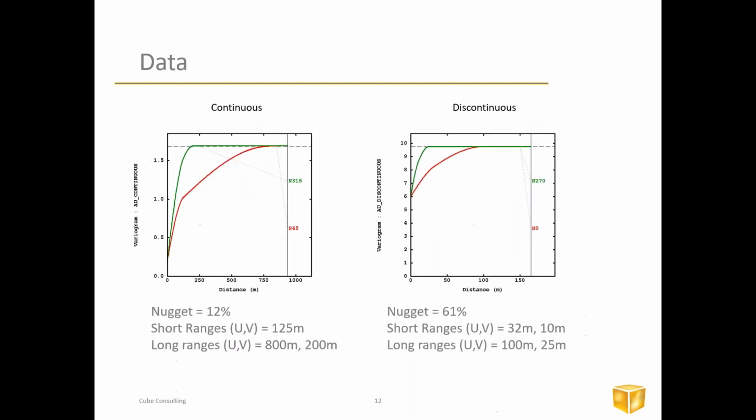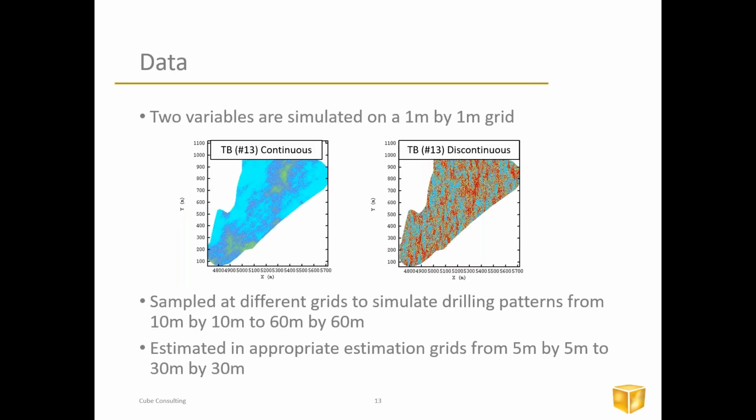If we look at the variography now, the continuous is very low nugget, very long ranges. The discontinuous one has a very high nugget with shorter ranges. Although 100 meters as a range for a gold vein deposit, I would love to have that. It's more like 15 usually. So then we take these two data sets, the continuous and the discontinuous, and we're